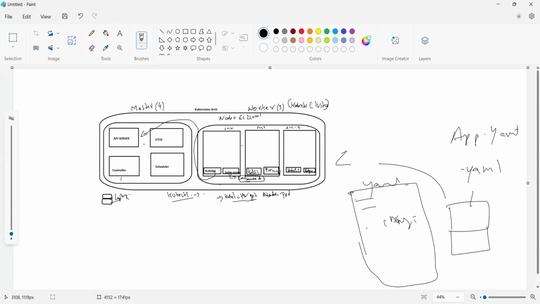Image means the Docker image. Everything we need to specify inside the YAML file. After that, we will push the file. As of now, the file belongs to this local laptop, so we need to push it to the Kubernetes cluster